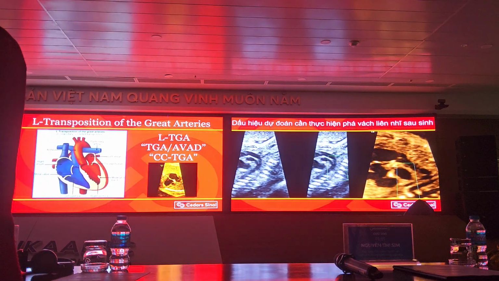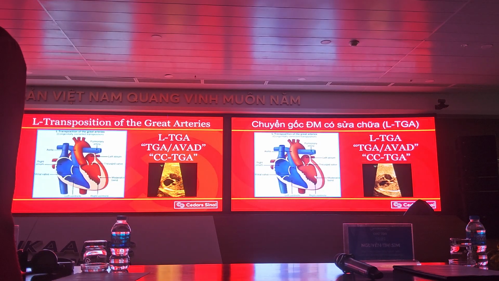So then we'll move to L transposition. This is not nearly as common. D transposition is 10 times more common. Transposition means LV to the